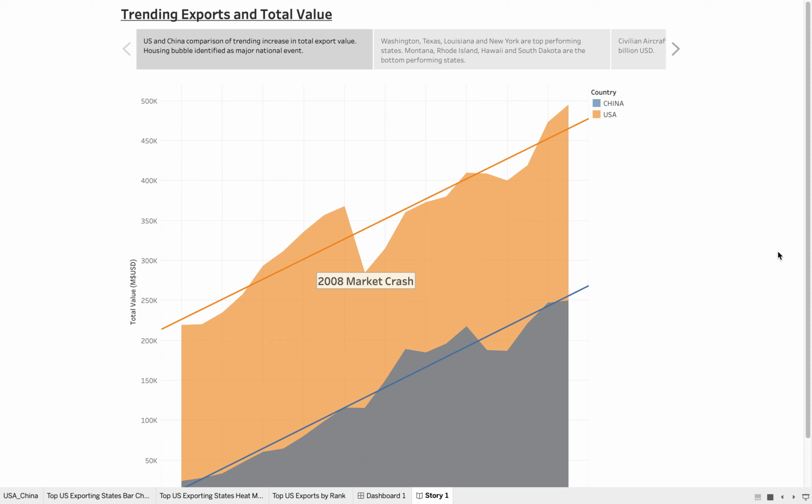However, if you look out across the past 20 years, it was a little more difficult to identify any other major national or global events that affected export value. So knowing that the U.S. had a top competitor being China, and knowing that there was a significant correlation there in exporting, what I wanted to then understand was where the states within the U.S. stand compared to exporting.